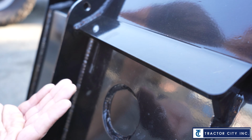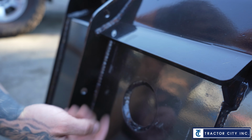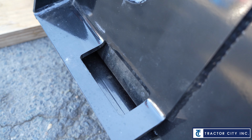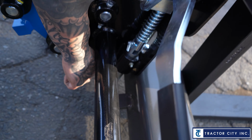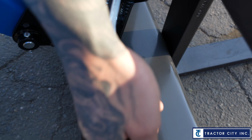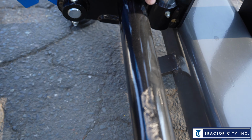The tractor has a flange that slides underneath, and then when you lift it up, it'll sit flat, and that handle, we're going to drop down, and it's going to drop a pin in that hole. So right here, you can see that little hole that's in this implement, which is the pallet forks, and here's that pin. So if I were to pull this pin up, it pulls the pin out of the hole, and